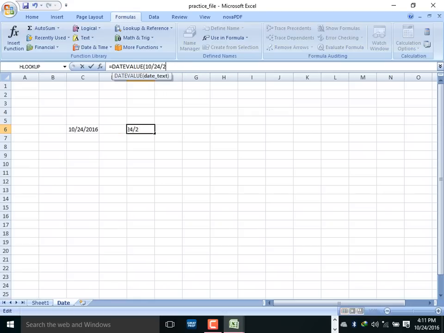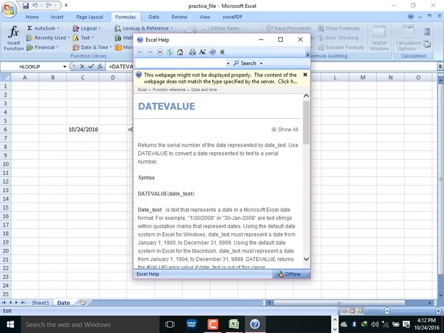Again problem. Okay, if we face a problem, then what can we do? Again problem. Just go here, then date text is a text that represents a date in a Microsoft date format for Excel, 1/30/2008 or 10/30 January. This is the equation. Okay,